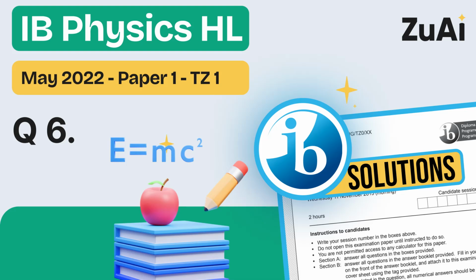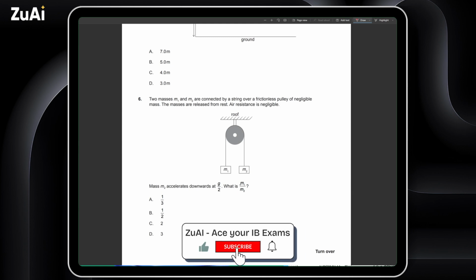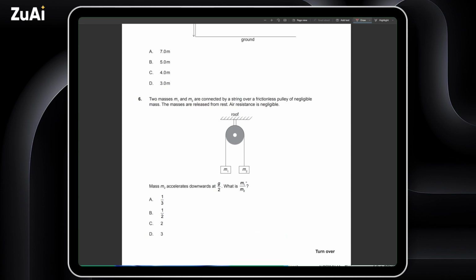In today's video, I'm gonna show you the complete solution to 2022 Time Zone 1 Higher Level Paper 1, Question 6. You have two masses connected by the same string over a frictionless pulley. Honestly speaking, completing the full calculation is quite demanding as the algebra work is quite challenging. However, you can still make some tricks to get your chance from 1/4 to 1/2, which is studying the acceleration